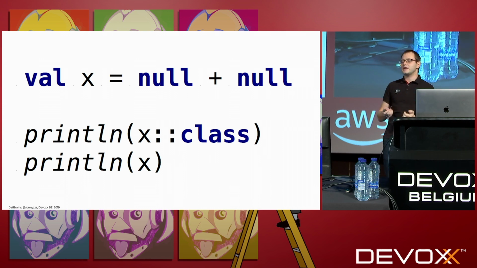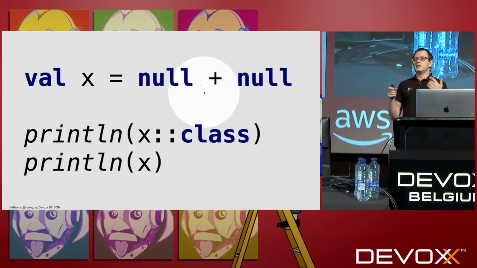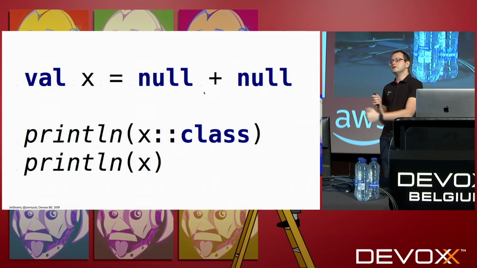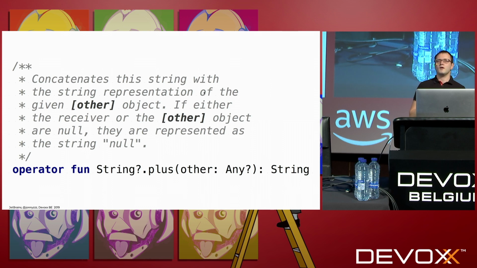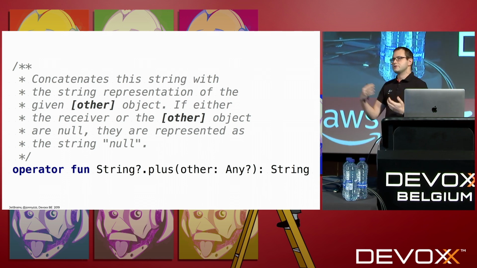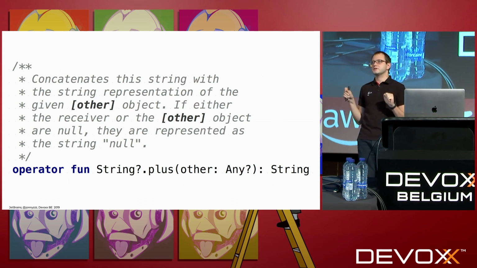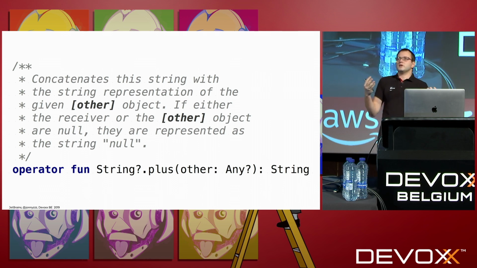The first thing, the plus here is an operator. It means that you can navigate to its declaration, and you'll see something like this. Well, it's a good habit and a contract in Java. If you try to turn a null into a string, you will have a null quoted. It's even better than the possible situation where the application crashes if you have a null and you try to turn it into a string, right? It's better to see something visible so that you could debug it and fix it later.